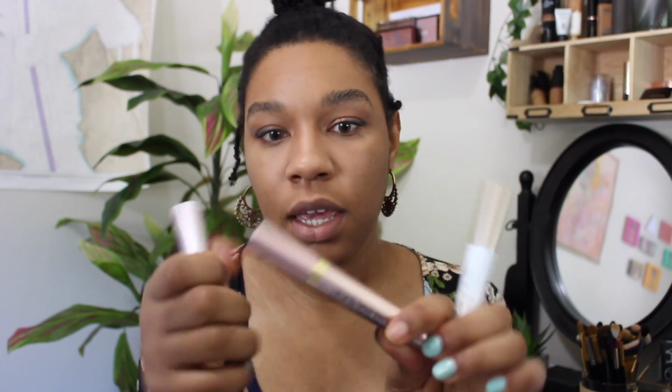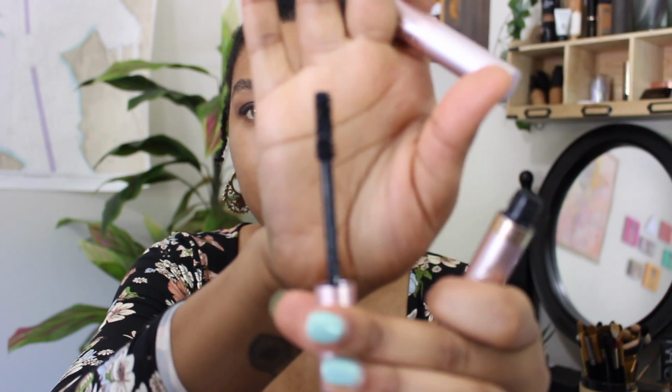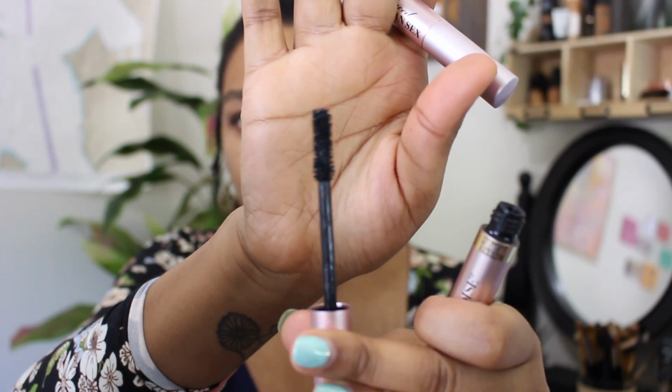Next combo that I have been digging has been the L'Oreal Voluminous Lash Primer with their Voluminous Lash Paradise Mascara. This L'Oreal mascara is clearly supposed to be a dupe for the Too Faced Better Than Sex mascara. The packaging, the whole thing, even the shape of the brush is supposed to be similar. This is the L'Oreal, kind of mimicking the same hourglass shape from the Better Than Sex mascara, which I have